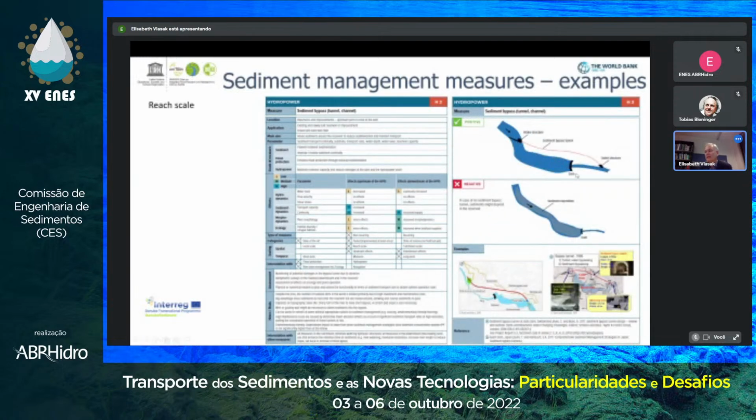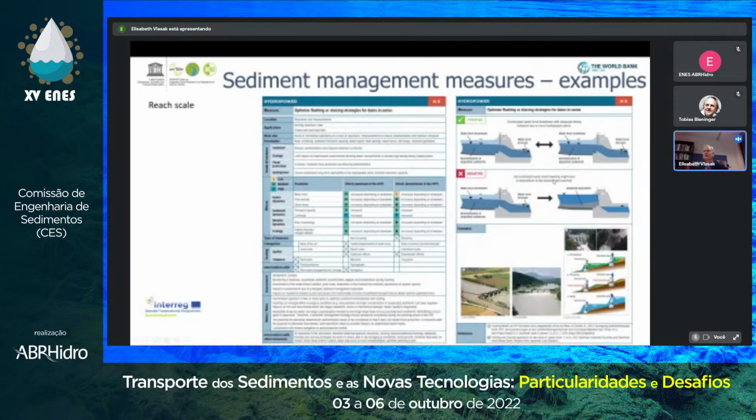Or another issue, like this is for reservoirs, like here's the reservoir. You want to bypass with a tunnel to the downstream part, and we want to avoid the sedimentation here. As I said, time-wise, I don't go into details, but you can read here also ideas what the effects of the measures are, what is the scale of the measure, what do we have to assess and to monitor, what are the risks with the measure. And this is not a planning for a concrete measure. It's more or less the way to describe what ideas you can get out of this, what could be done there. Or another one is to optimize the flushing and sluicing strategies for dams in series.